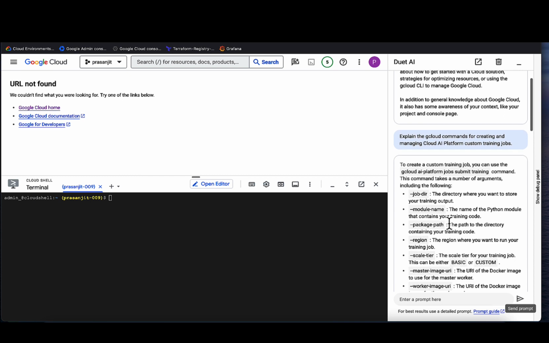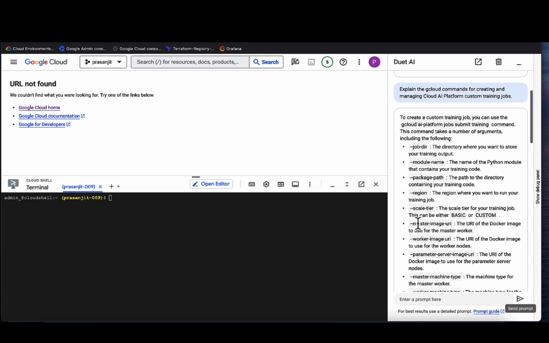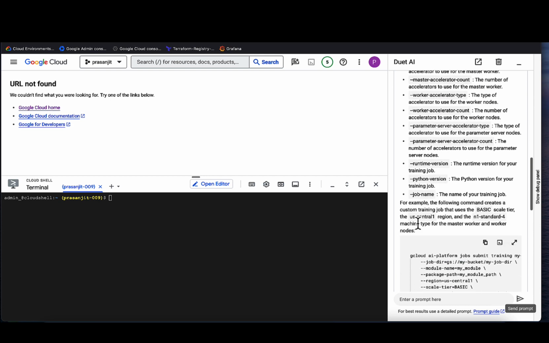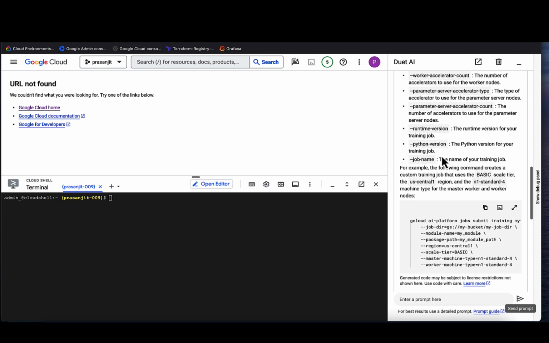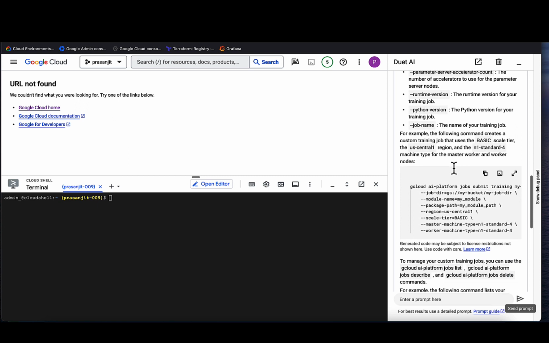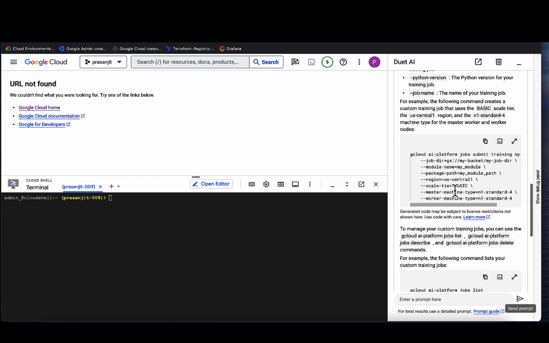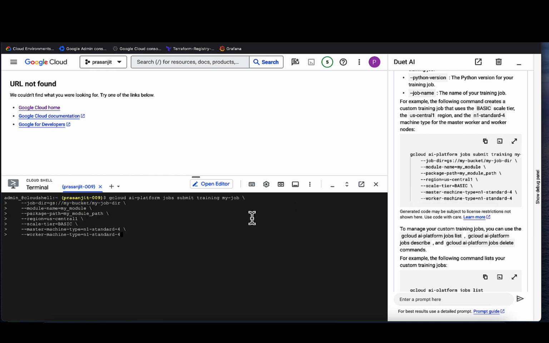So here you get a response that you can run gcloud ai-platform jobs submit training command, and this command takes in the arguments as follows, and once you run it, you will be able to run your custom training jobs. And you also have an example out here that can help you launch your training machine and launch your training jobs. So if I click here, copy to Cloud Shell, this is how the command looks like,